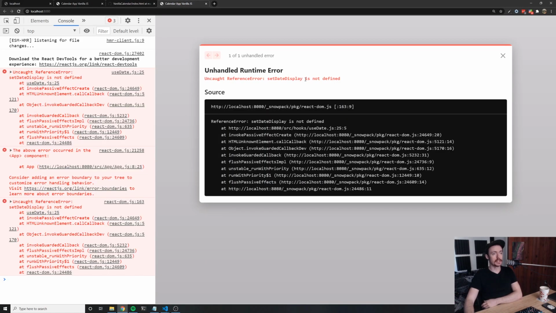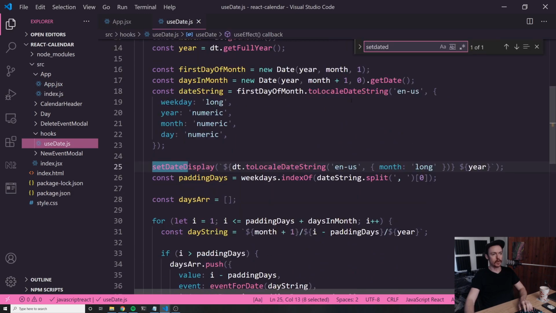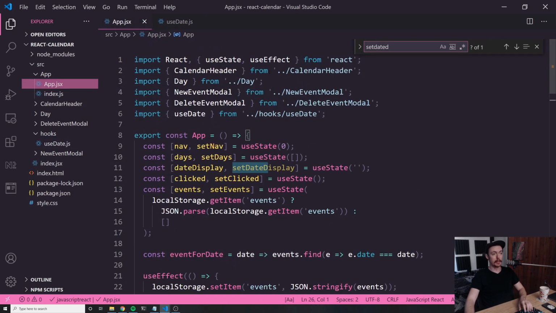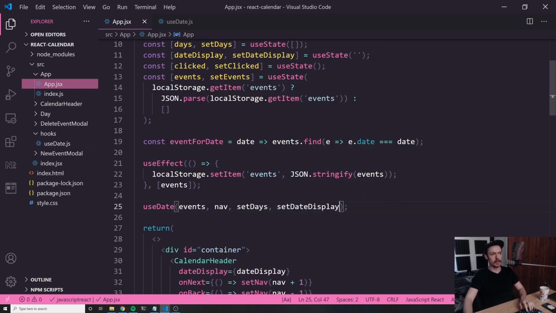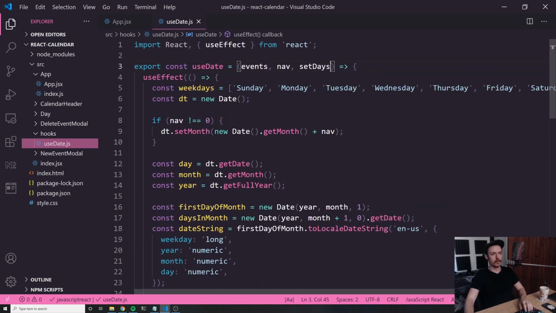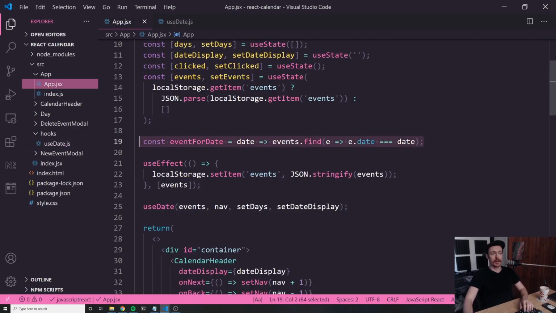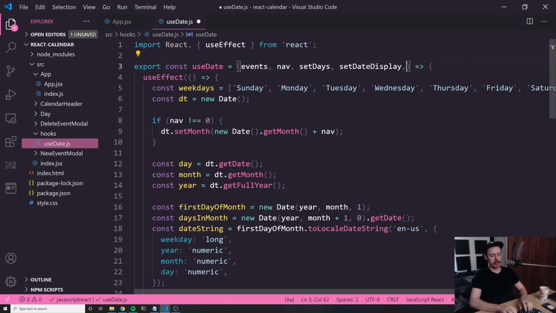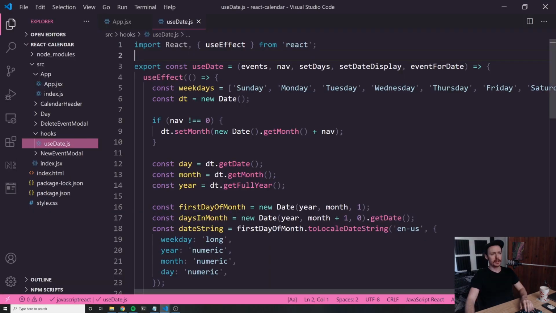Okay, it does not like that. It says setDateDisplay is not defined. So inside of our hook here, we were calling setDateDisplay. We're calling it right here. And that again is state inside of the app component. So we could go through and say setDateDisplay, pass that in here, and then take that as an argument here, save. And then when I go back, you can see it's again going to require eventForDate, being this function right here that we're using inside of this app component. So as you can see, I'm going to keep having to paste in arguments every time this functionality requires a new value. Now you can see it works fine,